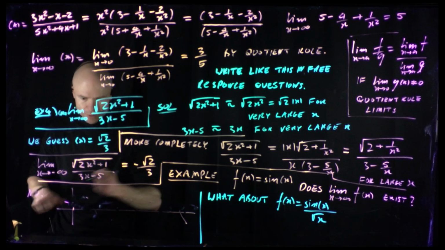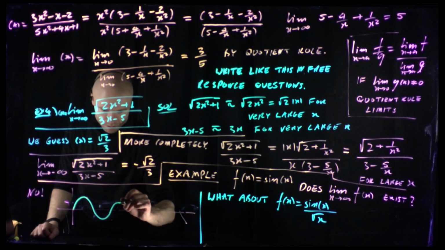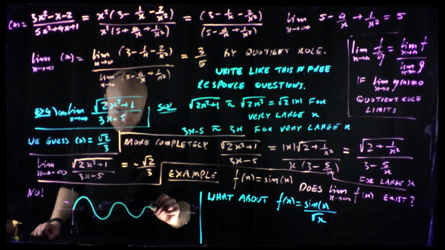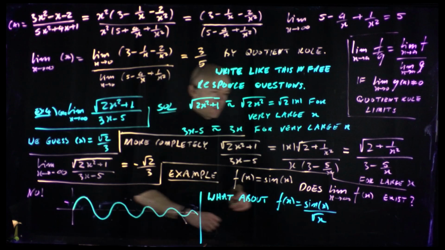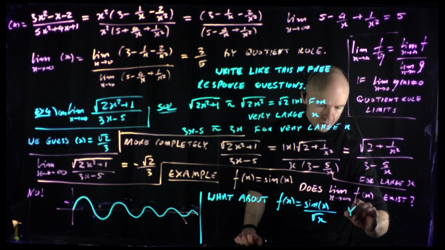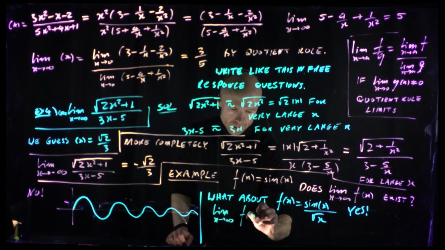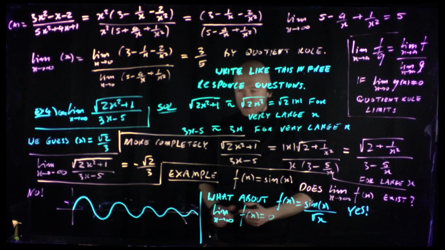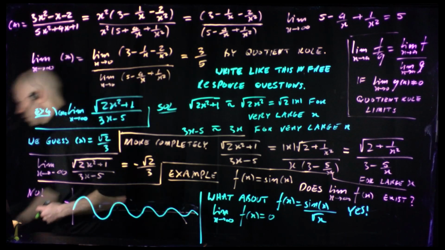In that case, the picture looks like this, right? And we can trap it to be closer and closer to 0. That's the limit. As x goes to infinity, f of x equals 0, as we can clearly see. All right, let's